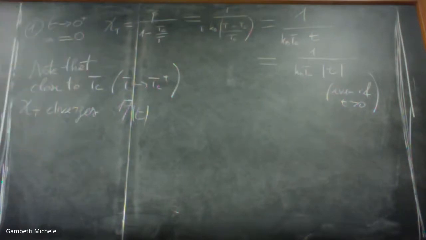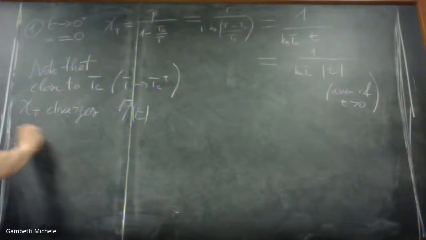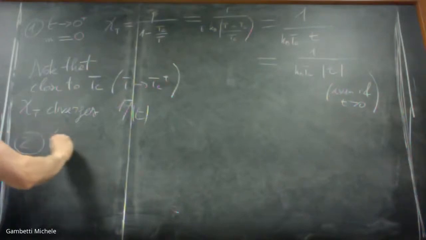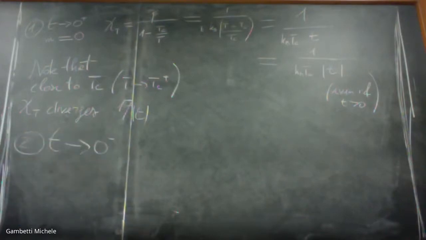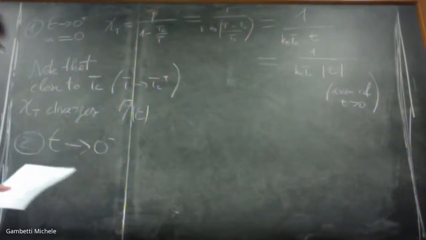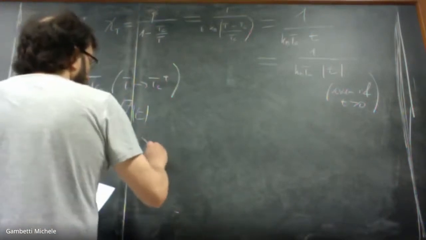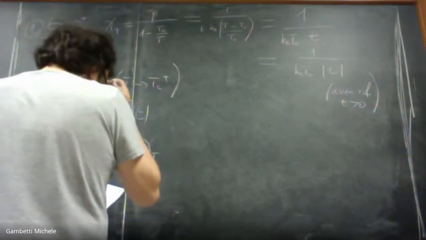Okay. Now let's study the same behavior in the case in which t is approaching 0 from below. Now in this case the situation is a little bit more tricky, in the sense that my chi of t